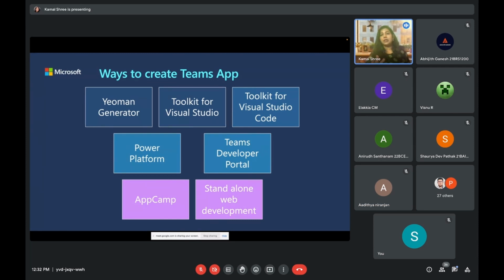Okay, but these are the ways you can actually create Teams apps. And for this, you don't have to know an extra language. All you need to know is basic JavaScript. If you know that, you're all good to go. The rest is a usual drill that you'll have to follow with a few button clicks and you're good to go.